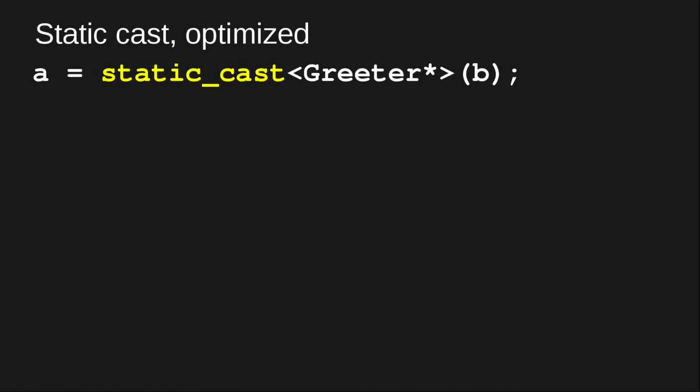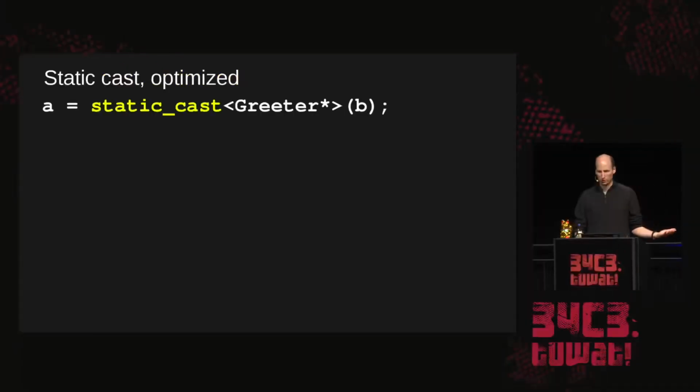It ends up in 0 instructions because we reuse the other register. So a static cast does not incur any runtime overhead and does not incur any runtime check. Use this as a take-home message: static casts do not result in any instructions being executed at runtime. So no performance overhead and no security guarantees.